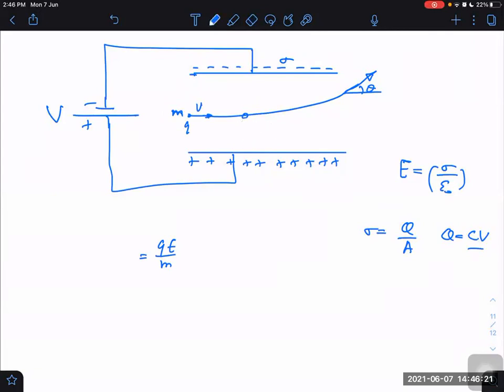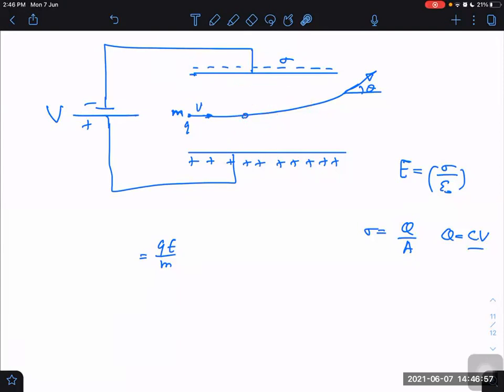In some questions they may say specifically that this system is lying in such a way that the diagram shown is in a vertical plane. If they are talking about a vertical plane, it means they want us to take gravity also probably into account. But when there is no such information given, then we may neglect gravity and assume only the electric field is present. When gravity also exists, it will be a superposition, and the net force will be QE minus mg upwards.